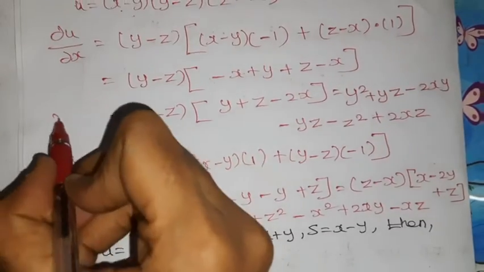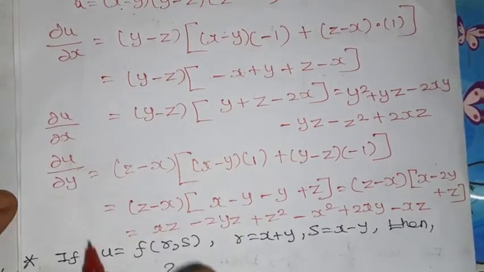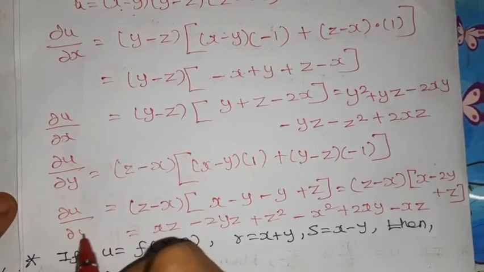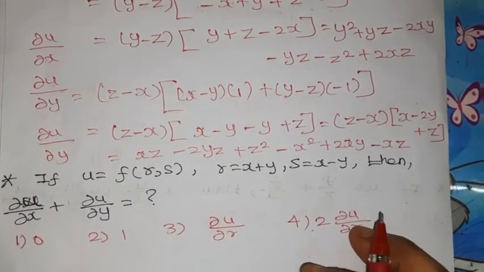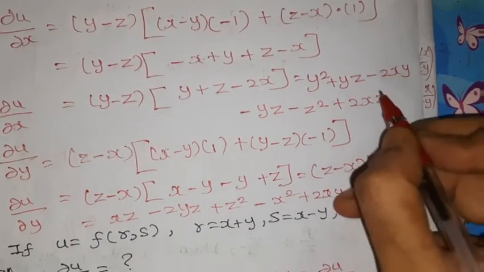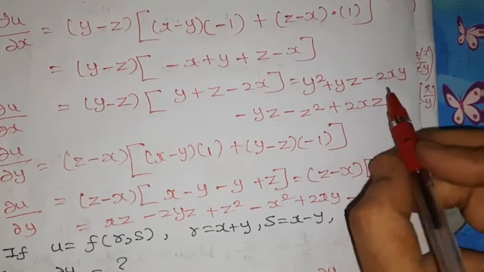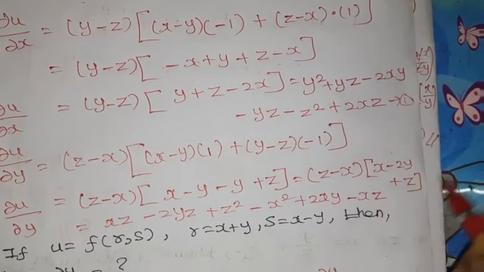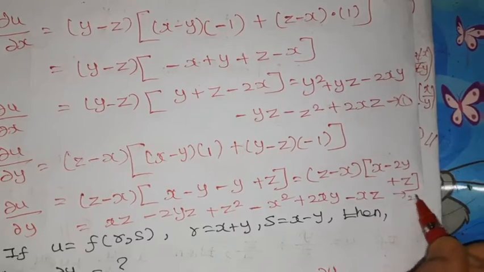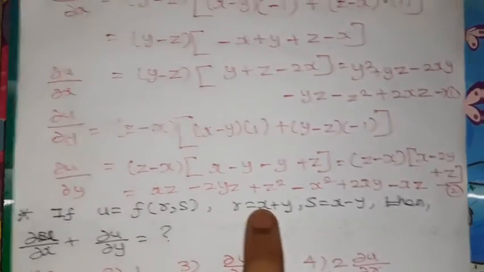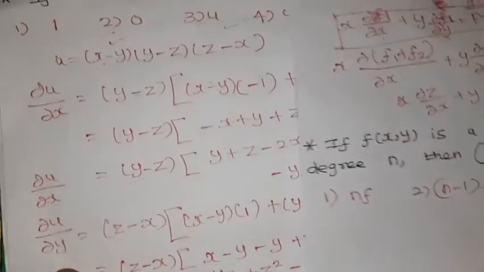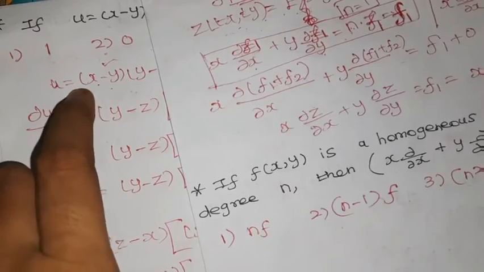So this is for ∂u/∂x plus ∂u/∂y. This is equation 1 for our simplification. This will be 1, this will be 2. Then we'll do the next. There is no space in that paper, so I am using it here. So what is the next one? U, I am writing here.